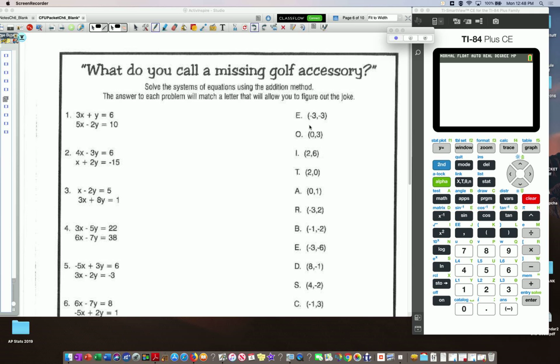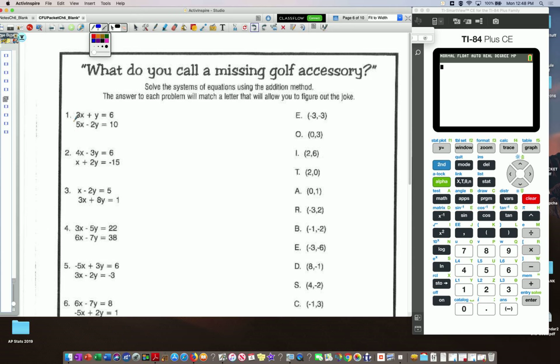In this case, it's using our elimination method. So to do these problems, remember we're going to multiply one, if not both equations by some number to get the variables, either x or y, to be completely opposite of each other. So for instance, on the first one here that I'm looking at, number 1,